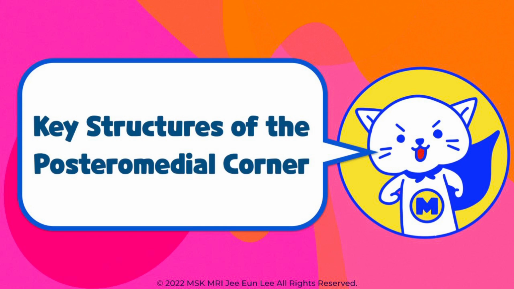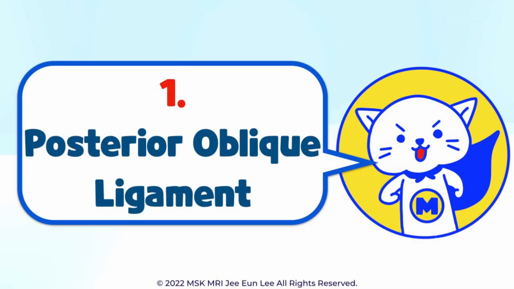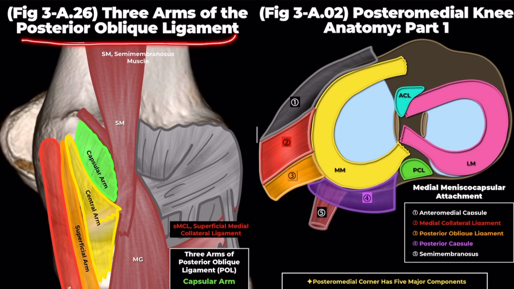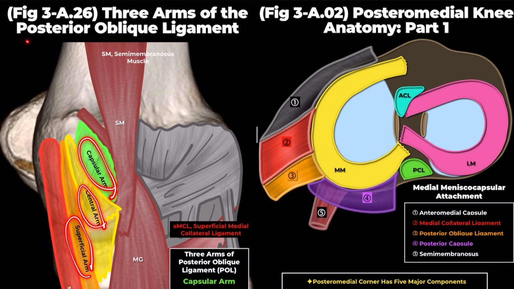Key structures of the posteromedial corner. Posterior oblique ligament. The posterior oblique ligament is a component of the posteromedial knee and consists of three fascial attachments: superficial, central, and the capsular arms. Its capsular arm directly expands the posteromedial capsule, positioned between the posterior meniscocapsular and meniscofemoral attachment of the medial collateral